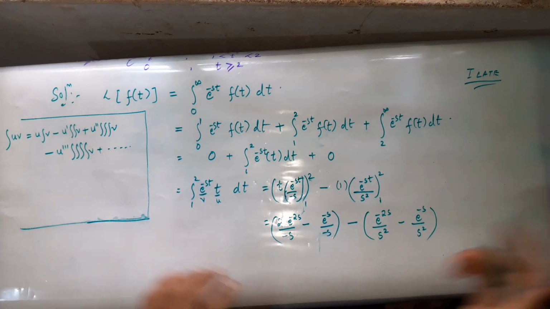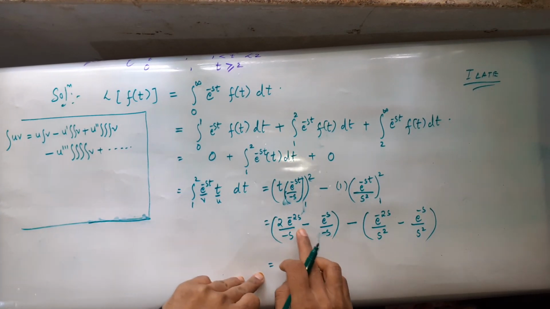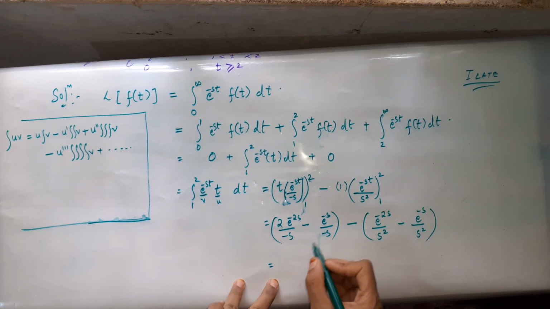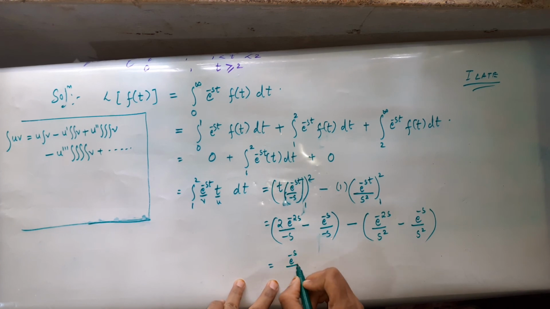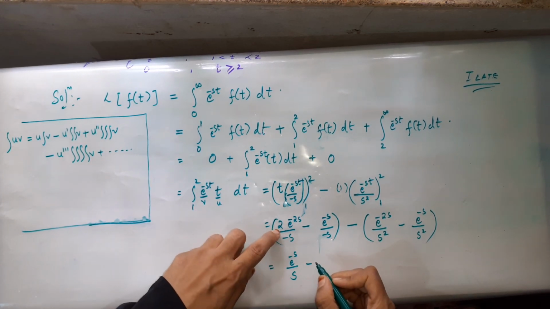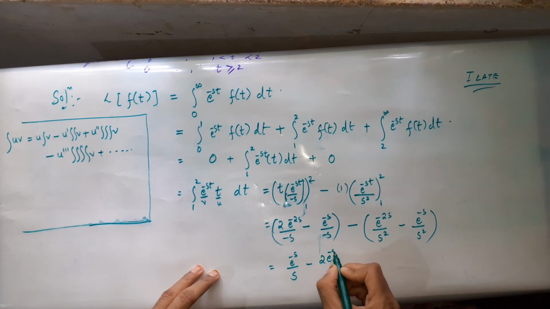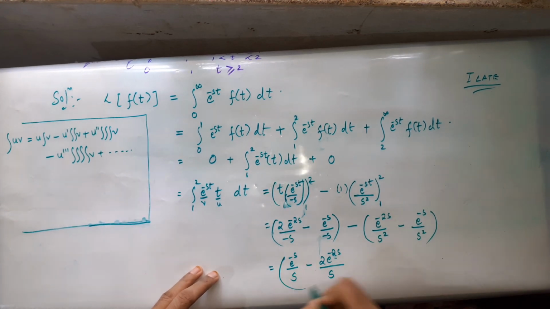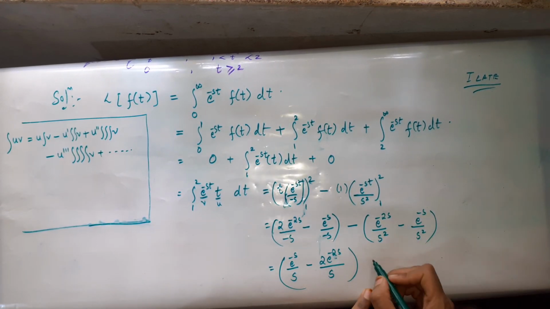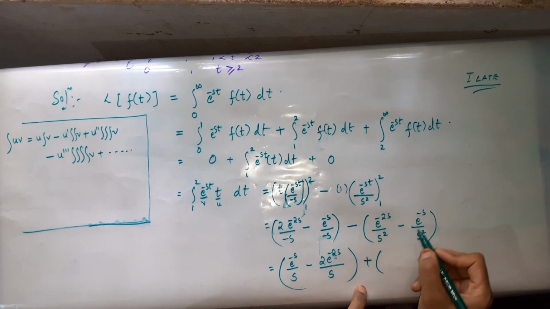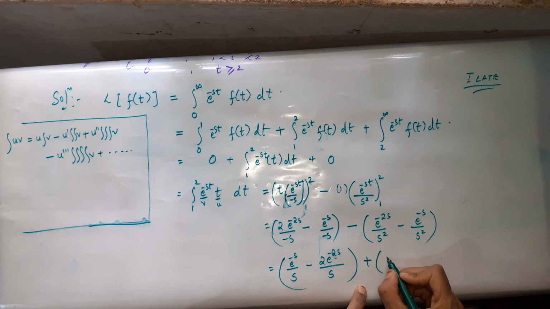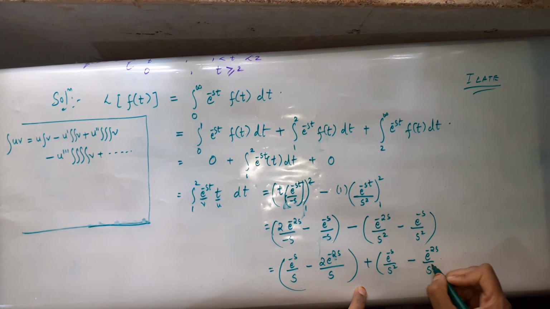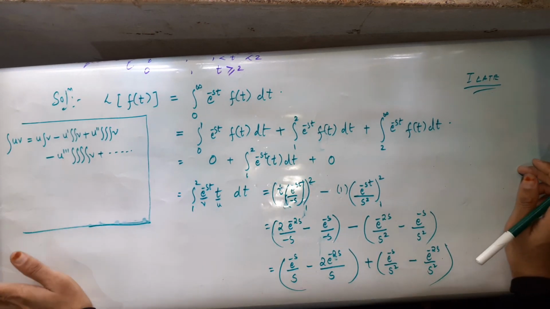I hope this is simple and easy. So now I want to take this minus sign and multiply and simplify it further. Minus of minus becomes plus. So I write the first positive term, e to power minus s divided by s, minus 2 times e to power minus 2s divided by s. This is one bracket. Now multiply the minus sign inside, and it becomes plus: e to power minus s divided by s square minus e to power minus 2s divided by s square. This is the complete solution for your problem.